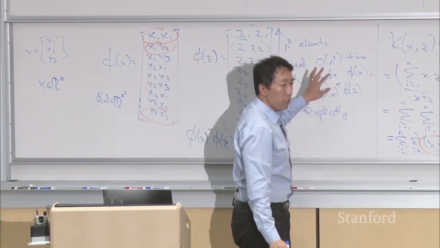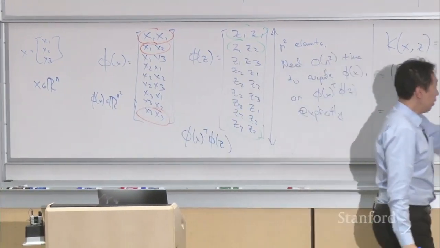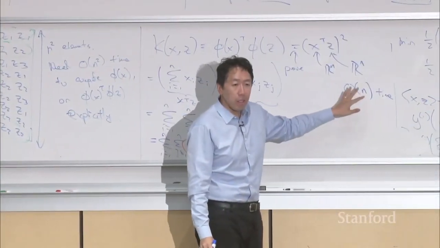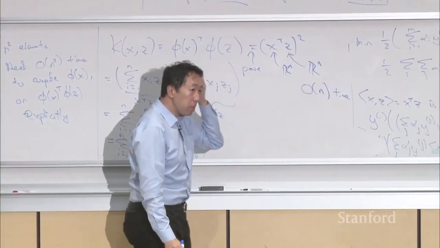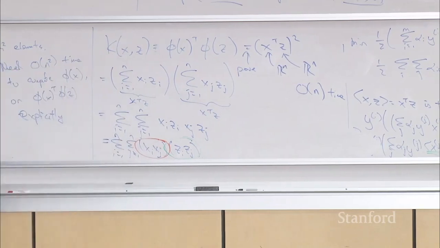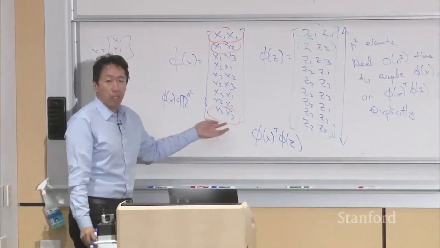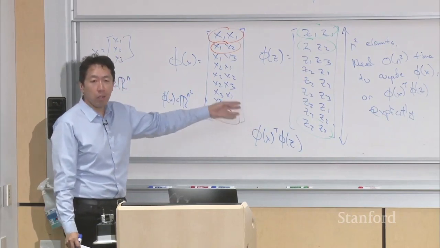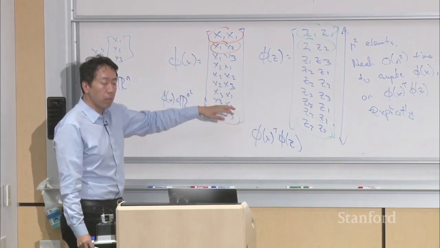you've turned what was previously an order n squared time calculation into an order n time calculation, which means that if n was 10,000, instead of needing to manipulate 100,000 dimensional vectors to come up with these, oh,